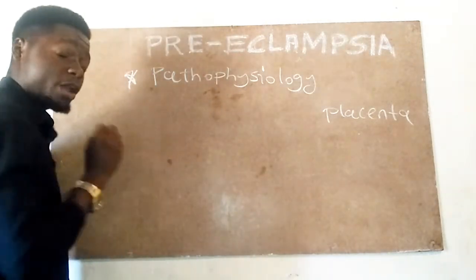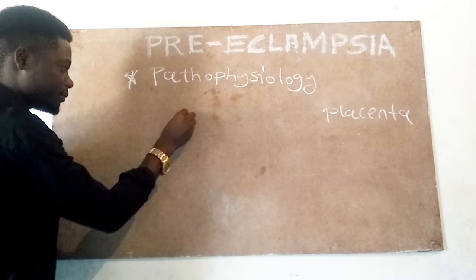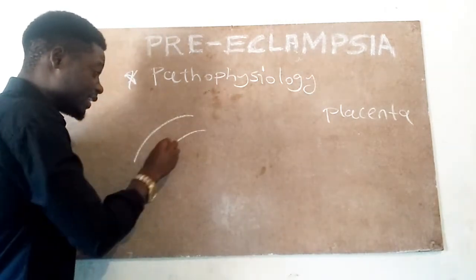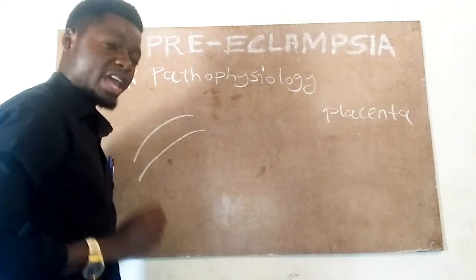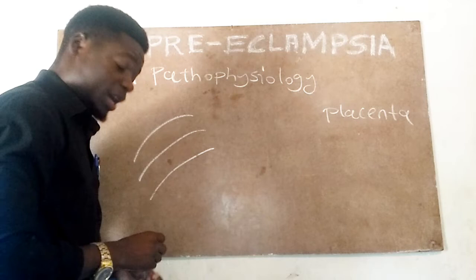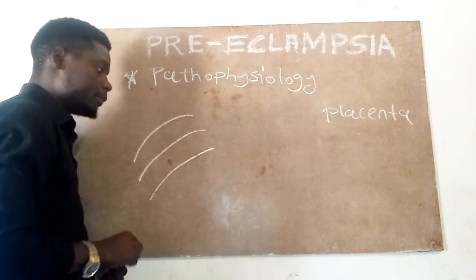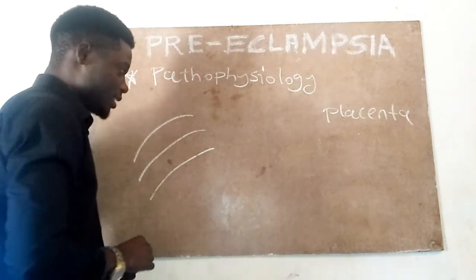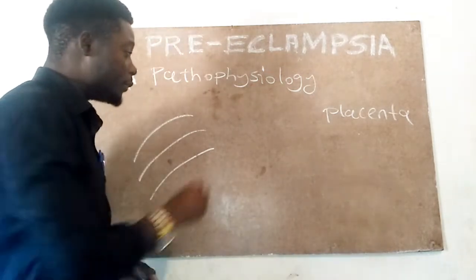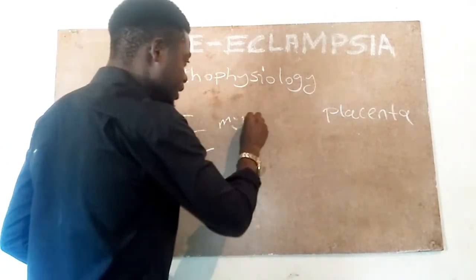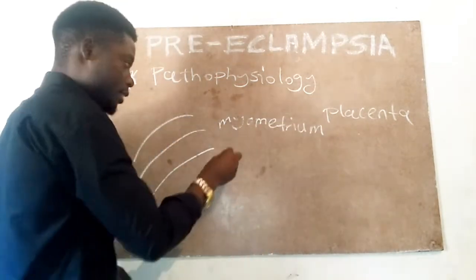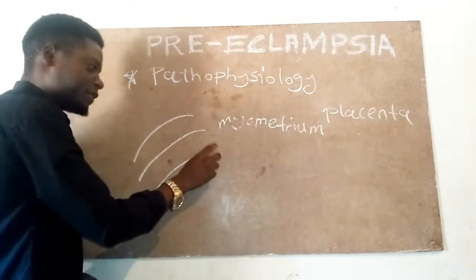Imagine we have the uterus, and the uterus has 3 layers: the perimetrium, myometrium, and the endometrium. But in this case, we are going to draw 2 layers. We have the endometrium and the myometrium, the myometrium being the muscle of the uterus, and the endometrium being the inner surface of the